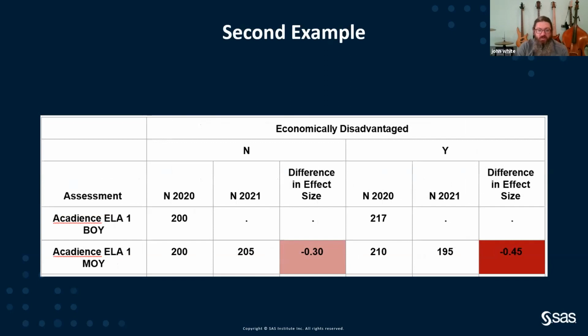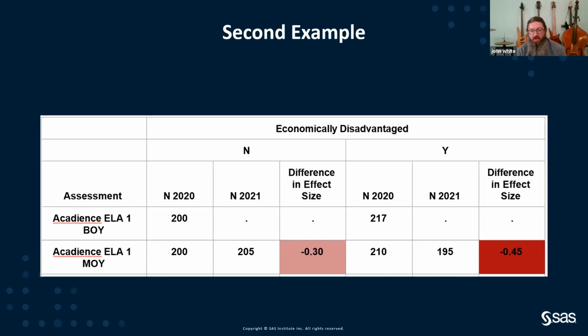All right, there are other examples where you might look at specifically economically disadvantaged students. So maybe your school district is split fairly evenly into economically disadvantaged versus not. On the left-hand side, you would see the count of students in 2020 and 2021. So our control and our COVID group that were not economically disadvantaged, and then ultimately the difference in effect size